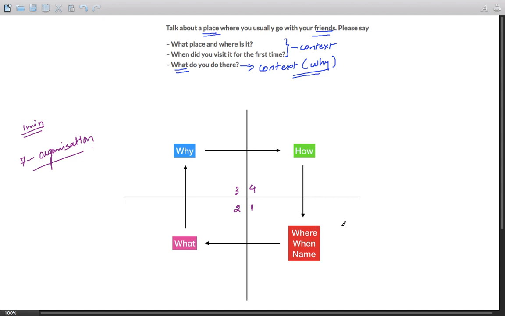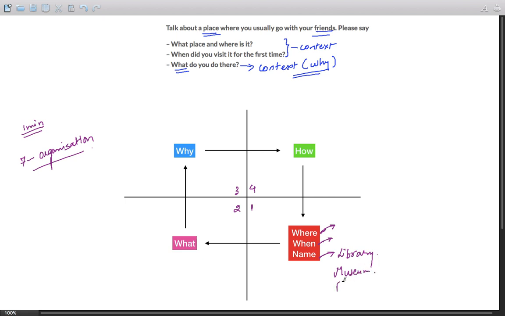Okay, so here it is: where, when, and name the place. So where is it? You can talk about a number of things, but before that, you have to decide what exactly it is. It can vary depending on your choice. I have written an answer. The link is available below this YouTube video. And the place I have chosen is a library. I chose a library because most of you are students. However, there can be other places. You can talk about a museum,